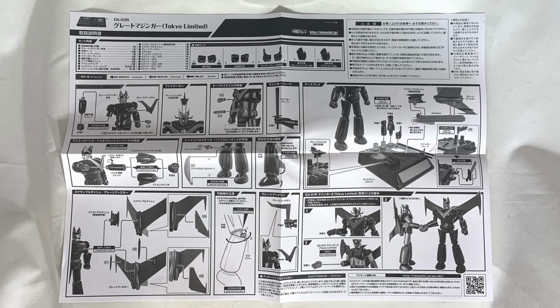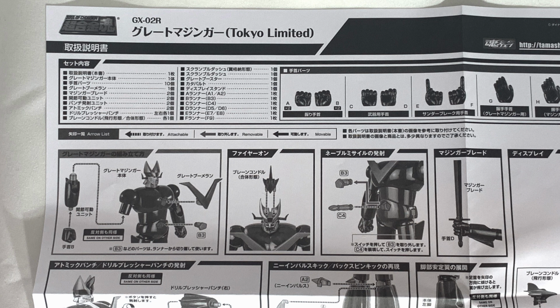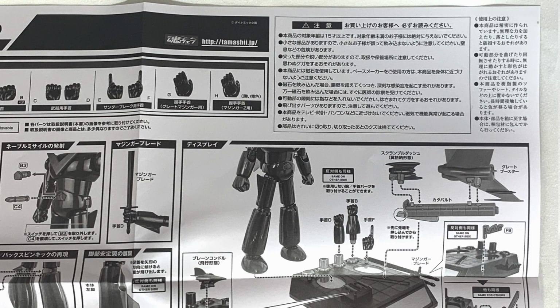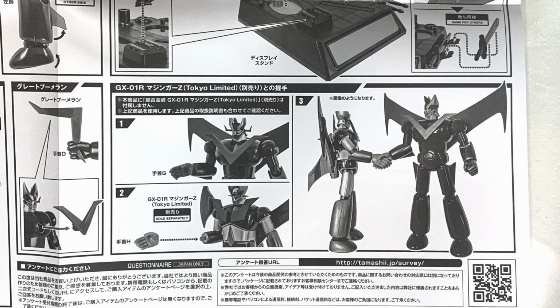Let's move on to the instructions and we can see the limited edition instructions are the same as the special edition instructions. We have the classic Bandai's rule of black and white instructions. At the top is written the model name, in this case Tokyo Limited. And I can say the instructions are the same as the GX02R Tameshi Nation 2016. Only the name at the top changes. Bandai has removed the name on the display because at the time they didn't have a clue how it would be in the final version. Anyway, they are the usual instructions that explain how everything works, and also here we have the final image of the 2 Mazingers shaking hands, indicating that you must use the Mazinger Z